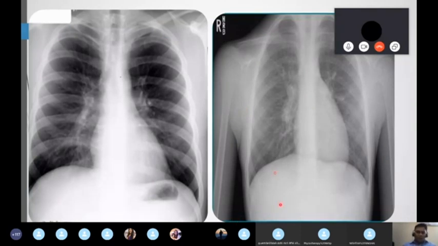Now let's see how to differentiate. Most examiners will hide the label AP or PA, and we have to diagnose whether it is AP or PA. Simple. I'm going to give some five to six steps. Let's see AP and PA. First of all, AP. In AP, what is happening? The patient is completely bedridden. So what is the clavicle position? The clavicle is always horizontal. Yes or no? You are in supine position, so the clavicle is always horizontal.